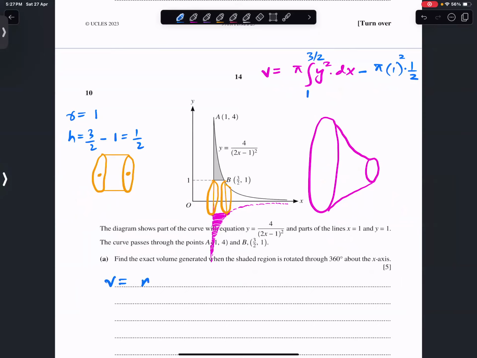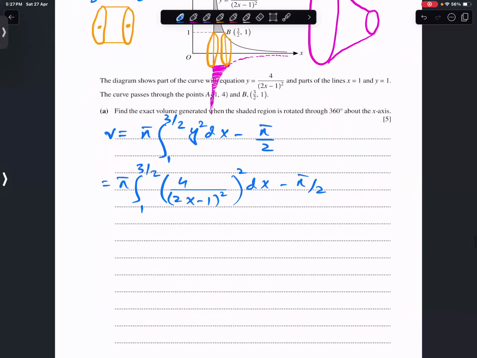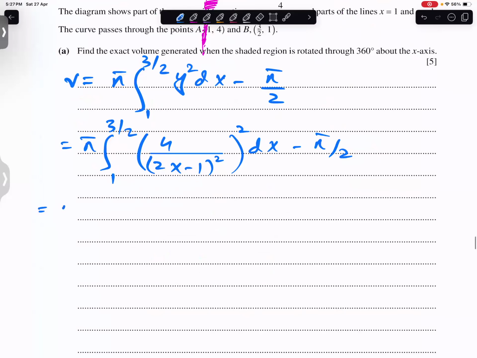Volume is equal to pi times the integral from 1 to 3/2 of y square dx minus pi by 2. Okay, so what is y? Y is 4 over (2x minus 1) whole square, and then square on it, dx minus pi by 2. So pi times the integral from 1 to 3/2 brings 16 outside the integral